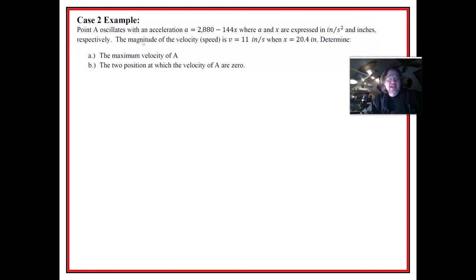Okay, so point A oscillates with an acceleration equal to 2,880 minus 144x, where a and x are expressed in inches per second squared and inches respectively. The magnitude of the velocity is 11 inches per second when x is equal to 20.4 inches. We want to determine the maximum velocity of A, that point, and the two positions at which the velocity of A